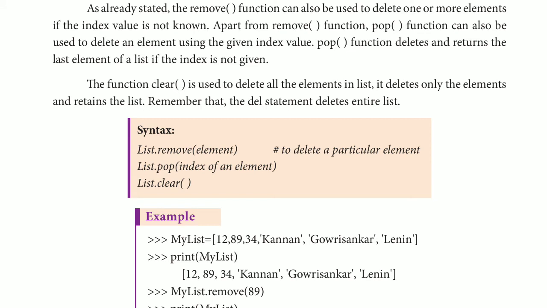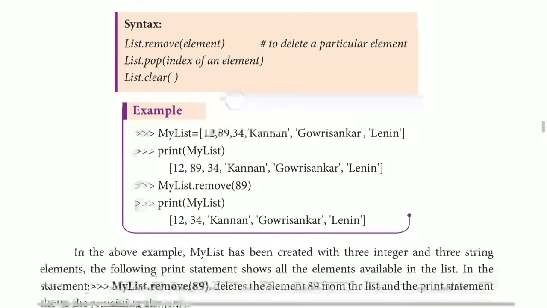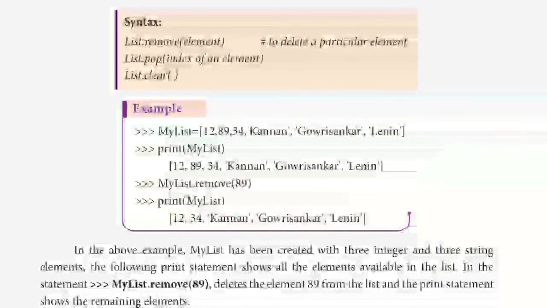In the pop function you can use the index value of the element. Either you can give a single index value, or you can give multiple index values, just as shown in the previous one. So next is list dot clear, which will clear the content of the entire list.